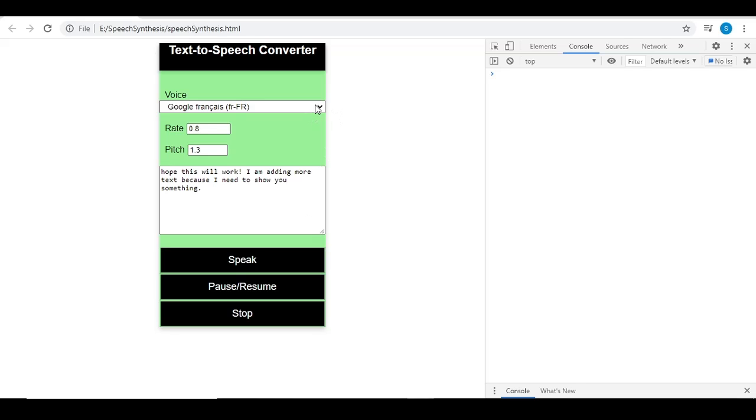Well, although you saw nothing happened. Although I changed the voice here, the voice of the speech did not change. Now I need this app to stop speaking when the language is changed and to restart the speech with the new language. For that, I'm gonna simply